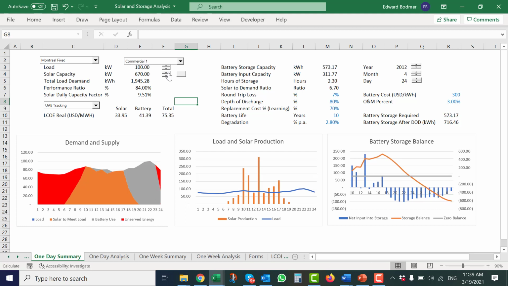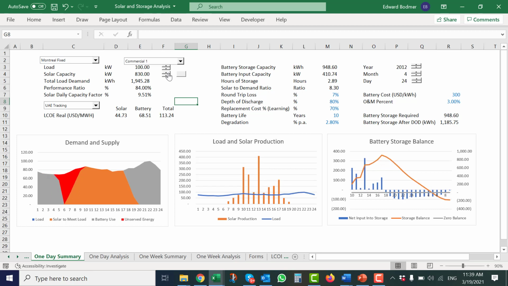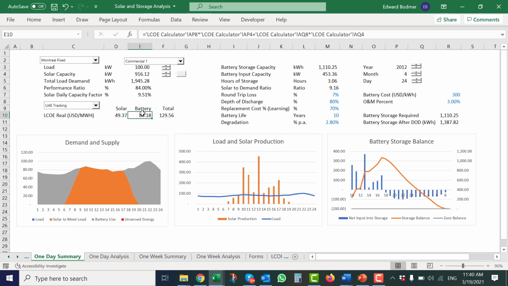Maybe we can in the UAE. Oh God, I might have to put more than 1,000 in. We have to put in 10 times as much solar as we have. Ah, there we go. And of course, instead of doing that, you could have done a goal seek. That means you have to put so many batteries in that the cost comes up to 12.9 cents. And you might say, that's not even all that much.